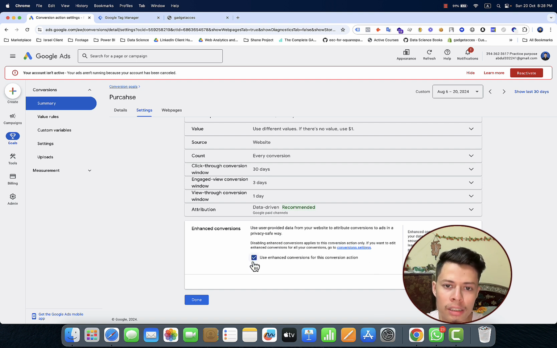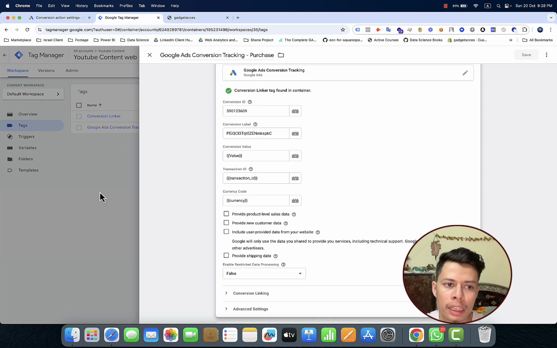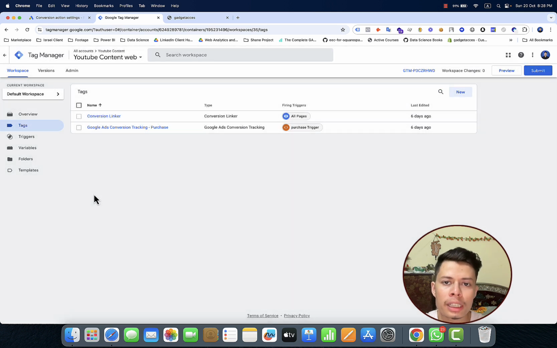Already in my case this is checked, and actually nowadays it's a default setup for Google Ads. If you see it's not set up, it's not checked, you have to check this option, use enhanced conversion for this conversion action. Okay, then I have to go to Google Tag Manager again, and now I have to create a variable with all of the user information